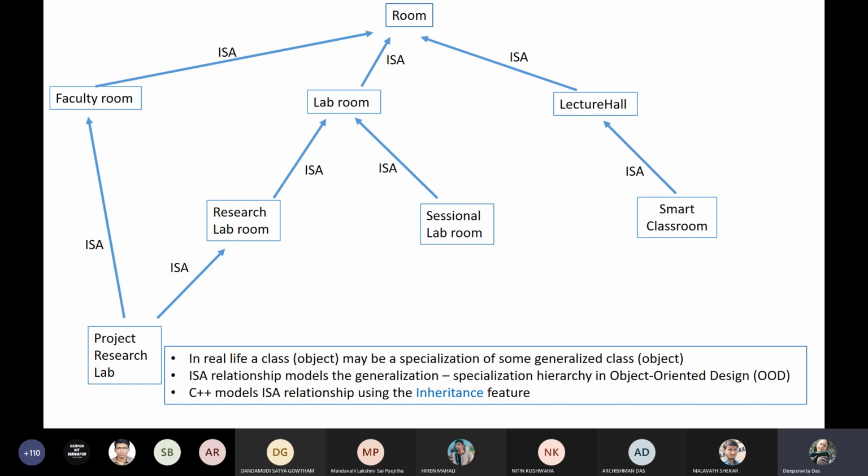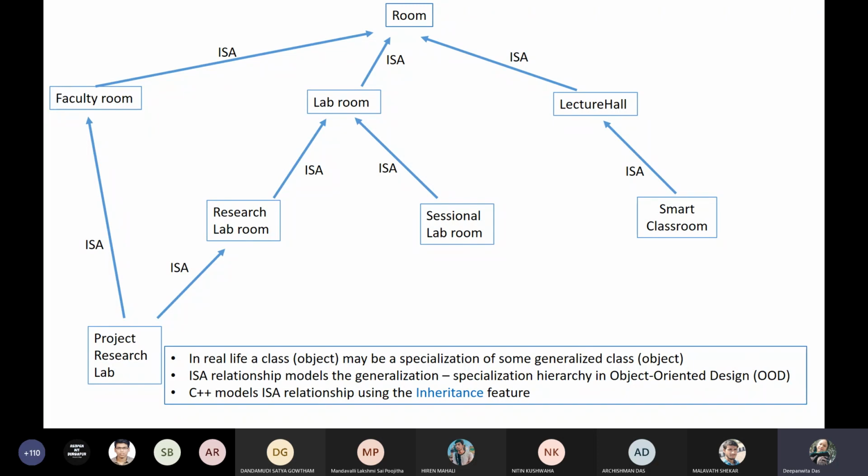Okay, so that is our objective: to study that if there is an is-a relationship between two classes, then how to model it, and what are the different types of inheritance features. Based on that, we need to model them. We need to keep in mind whenever we will be creating different classes,